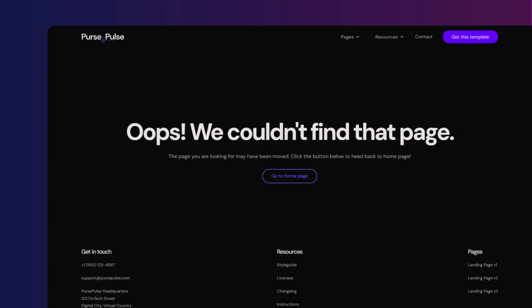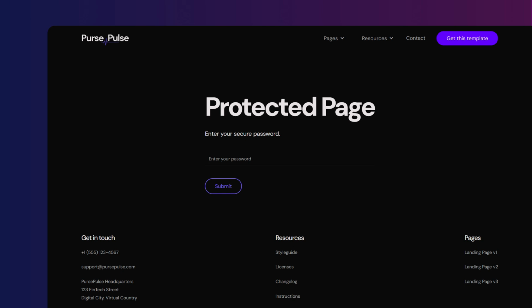Apart from the 3 landing pages, we have a custom on-brand 404 page and a password protection page in case you only want to give some people access to the landing page. For example, you're still in pre-launch mode, so your app isn't live yet, and you can use this feature to give early access to testers, investors, or a select audience without letting just anyone on the internet access it.